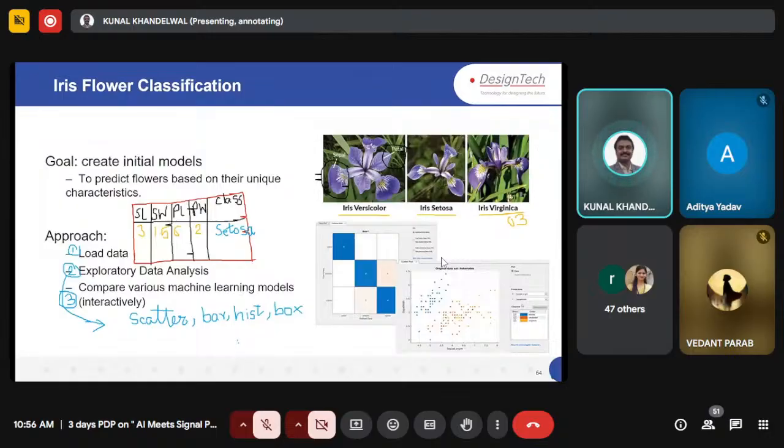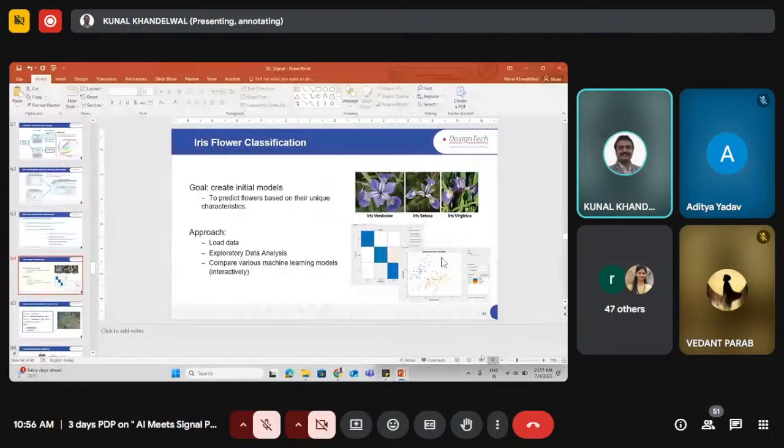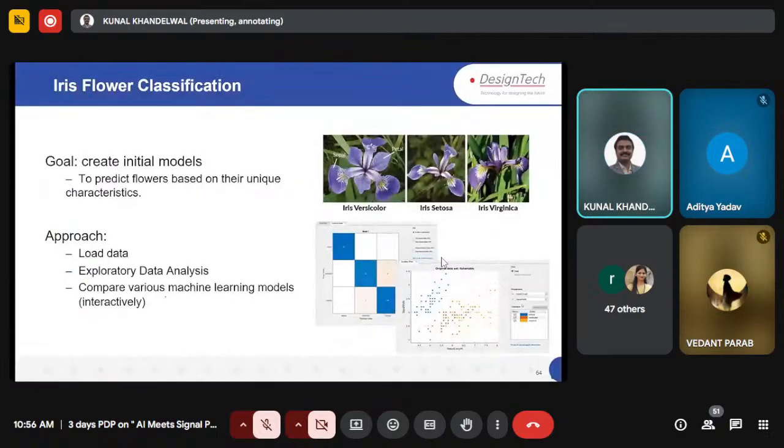One way is to write the program, to build up the machine learning model by writing a program. And another way is to build up the model interactively. Now see, if your data set is too small and doesn't require any pre-processing, you may go ahead and write